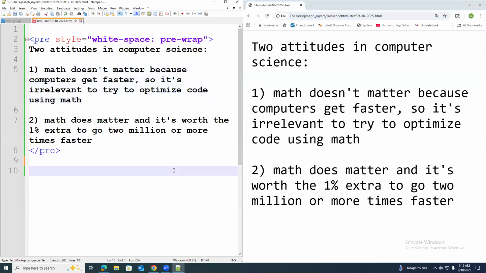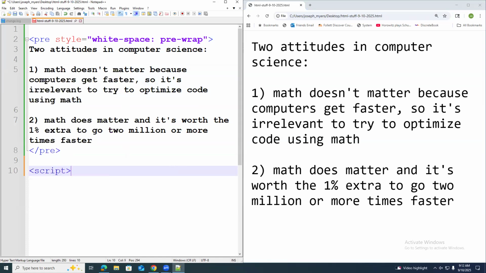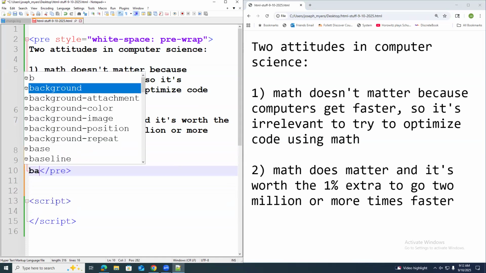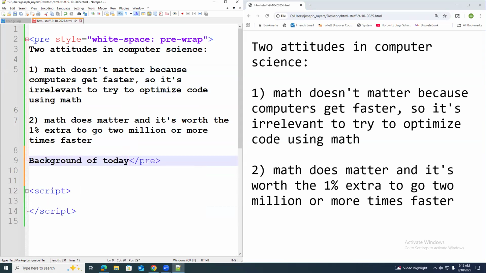Now I'm going to start typing some code and I'm going to explain what all the code does. And this is coming from the book. I mean, the code's not coming from the book, but this is coming from the book section in chapter 2 about sequences and series. So let me explain though. So let me type a little paragraph about this. So let me go over to this part. So background of today. Let me move this out so I can type better.